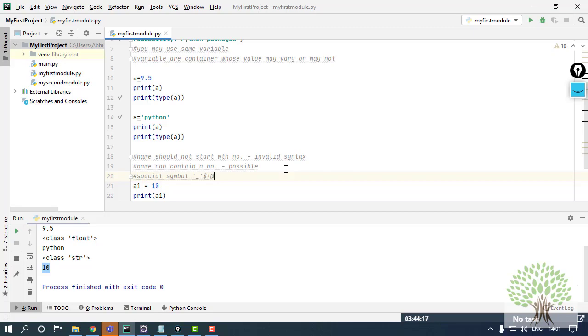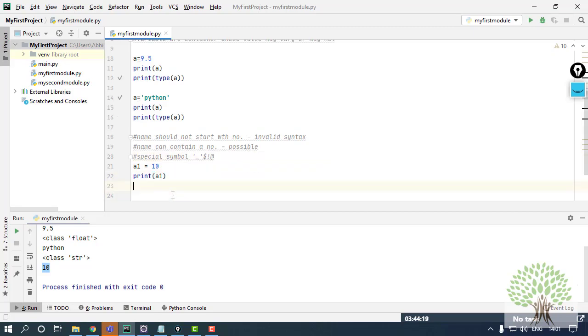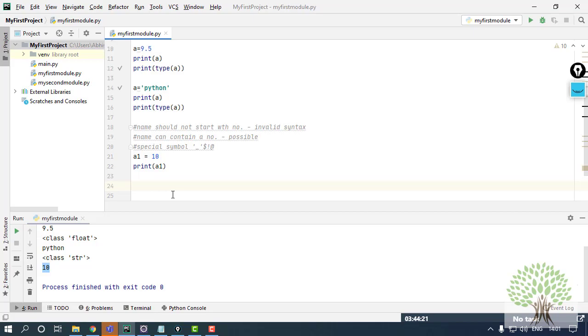They are not allowed. So let me give you a demo of this. Let's say I have a variable var_1 and it has a value. I can use it and I can print it.